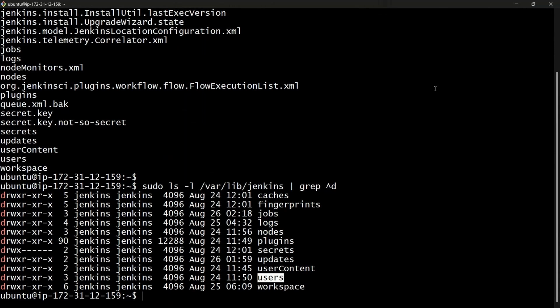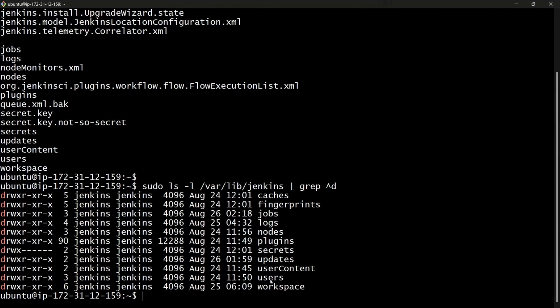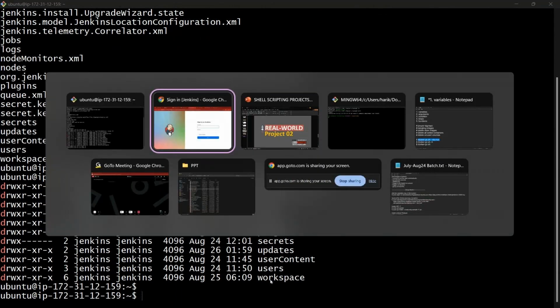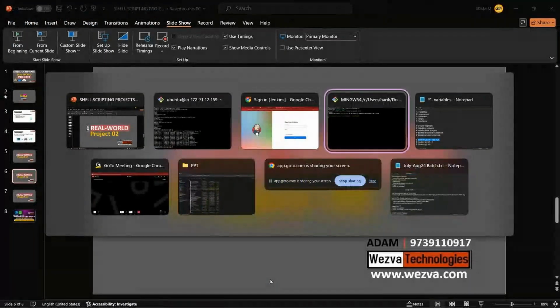So what I want is on a regular basis, take the backup of all these folders necessarily, create a tar file and copy it into S3 bucket. So that is our scenario that we have to automate. Okay. So what we will do for this, keeping this scenario as our requirement, let's see how do we write a shell script. Okay. Now, so that's when let's go to our